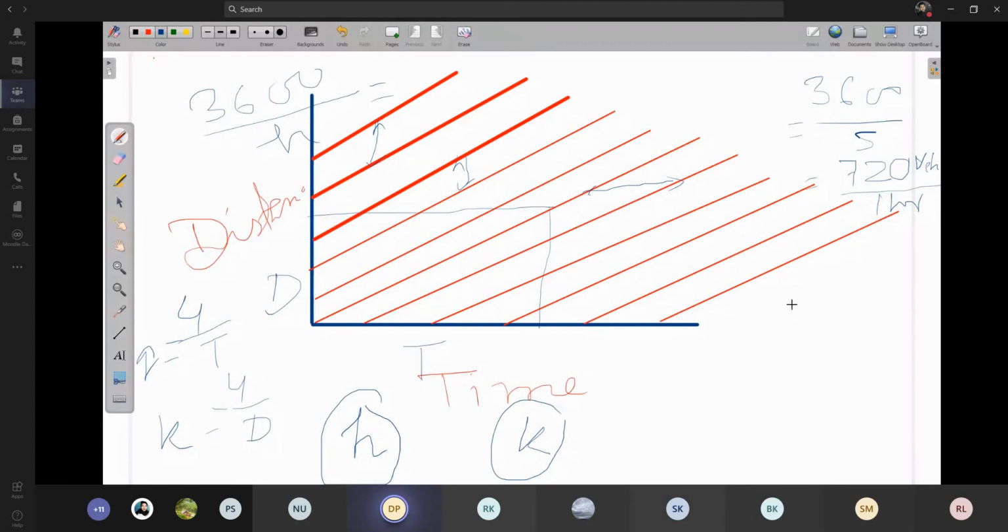Density? Not density. Flow. The number of vehicles crossing a section over a time period is called flow. So that means flow equals the duration, say if I take a duration of 1 hour, divided by